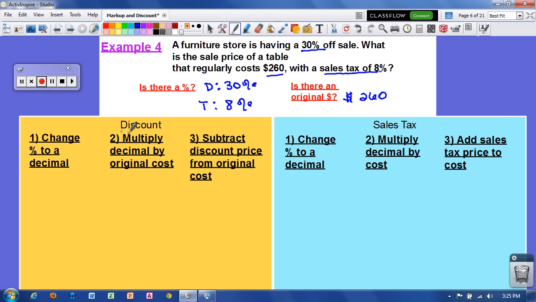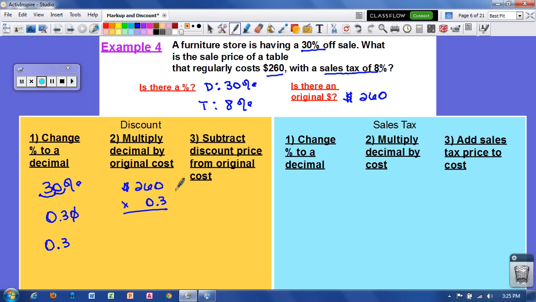Alright, so let's do our discount first. Remember, we have to do the discount before sales tax. Tax comes last. So for the discount, we want to change that percent to a decimal. We have a discount of 30%. Paddle to the left. We get 0.30, but we don't have to have that 0 at the end, so I'm going to keep it short and sweet and leave it at 0.3. Now I want to multiply that decimal by the original cost. So the original cost is $260. I'm going to multiply that times